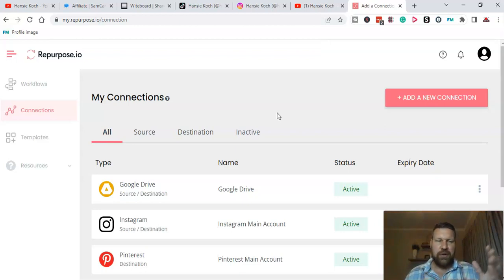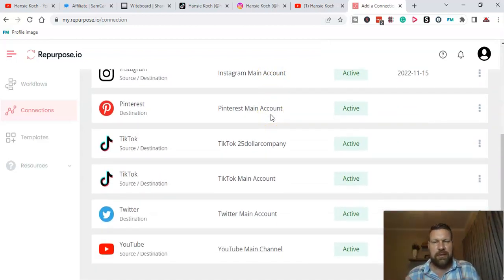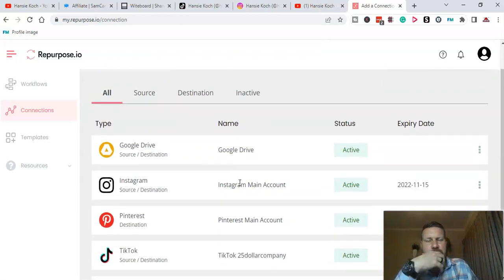So firstly, you have to go and register an account, and you can do an Instagram, a Pinterest, a YouTube Shorts, right? You want to do the YouTube Shorts, your TikTok account, and then also your Twitter account. So those are the 5 that I'm actually doing. All right. So what I'm doing here is I have decided to go the Google Drive route, and I'll tell